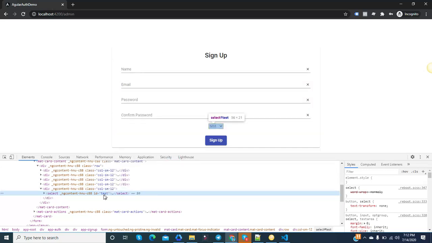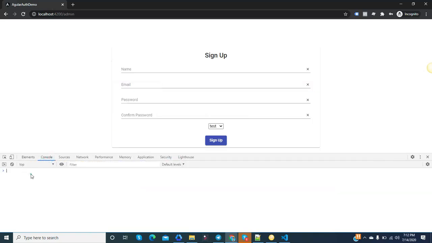You can see here that the ID is test, so accordingly we can select the selector, and then you need to add the CSS here. So we will use the style, and then we will use pointer events, and the pointer events will be none.